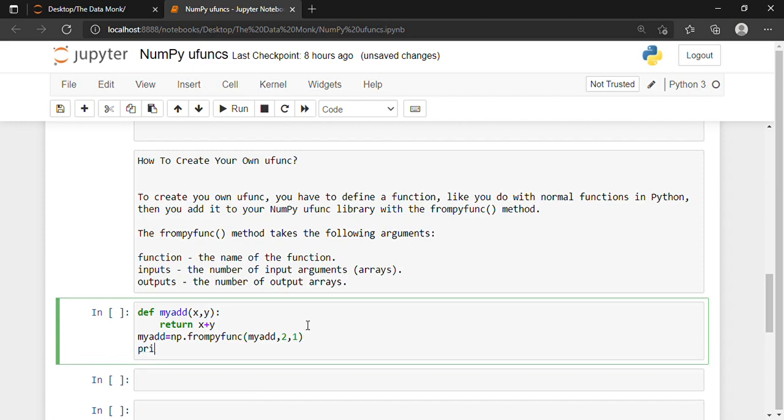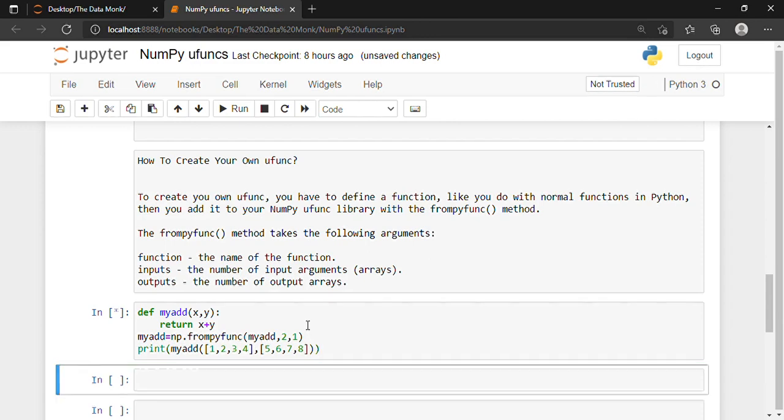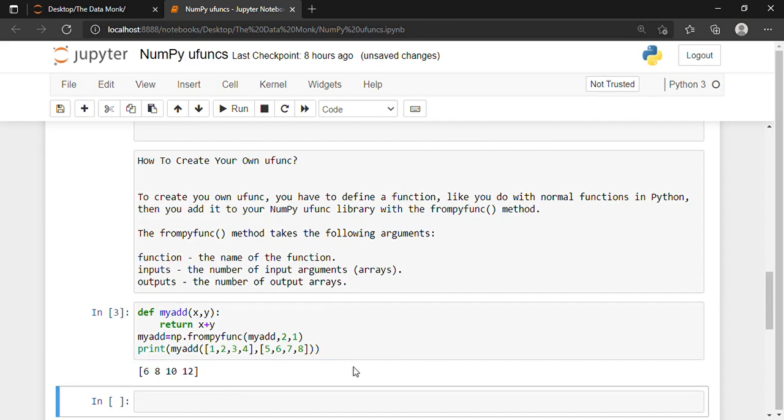Print. Done. If I execute with shift and enter, I'm getting the output. So I successfully created my own universal function.